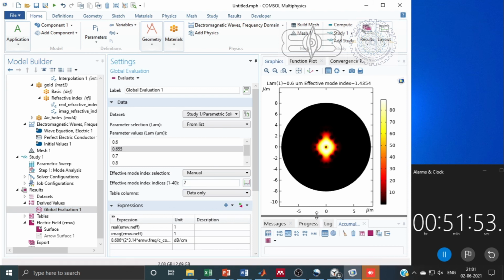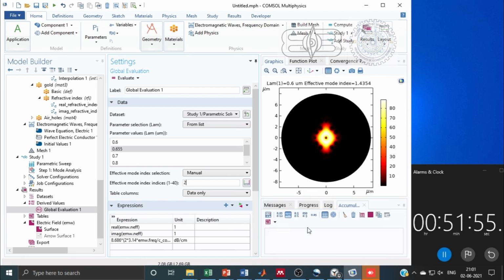So first I have entered 2 and then I will evaluate. It will generate a table in the Table 2 window below the graphics window, and similarly for 13 also.